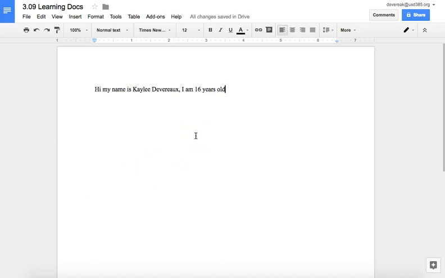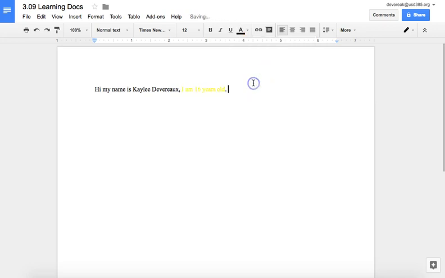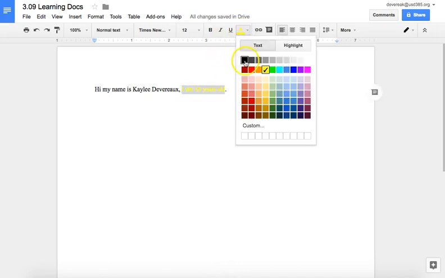Okay, so I've got something written here, and let's say that I need to highlight part of it. So you'll go over here with your cursor and highlight this, whatever it is you want to have highlighted, and you're going to click on text color, and you'll see that text, so that means it's going to change the color of the font. When your teachers are asking you to highlight, that means they want it highlighted, not the color of the font changed, because that just makes it harder to read. Because if you were to change the text to yellow, now this is yellow and I can't hardly read it. So you'll want to make sure that you're keeping your text in the automatic black, and then you have to